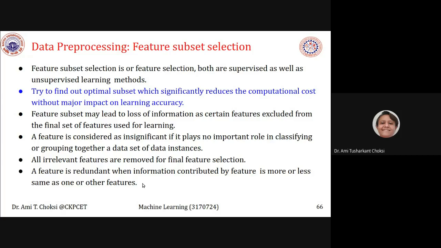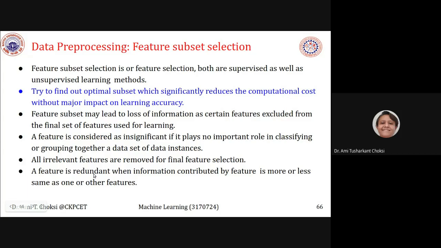So one thing is we can remove the insignificant features. The second is we can create new features. The third is we can remove the redundant features, right?